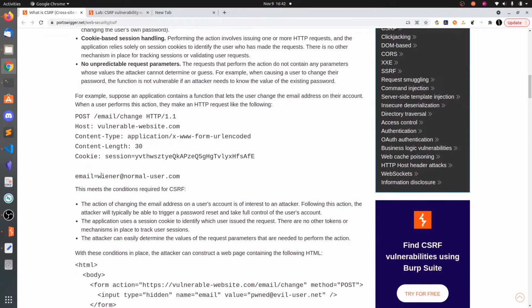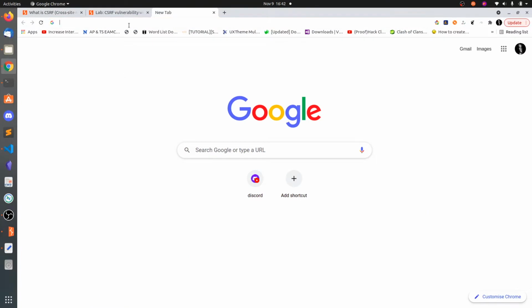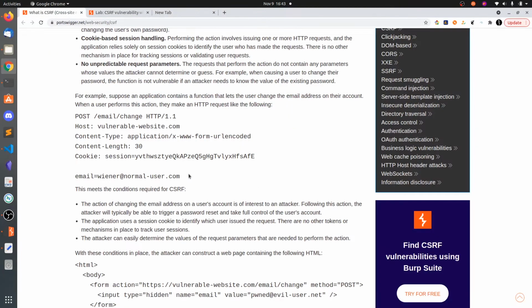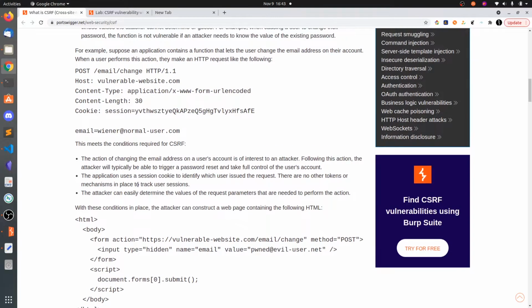Also there is no mechanism to identify the user except this session cookie. So obviously if you click the link in the browser, the cookie will automatically be added and the request will be sent on behalf of the user, because you will always be logged in, and the cookie will be stored for a month or so.